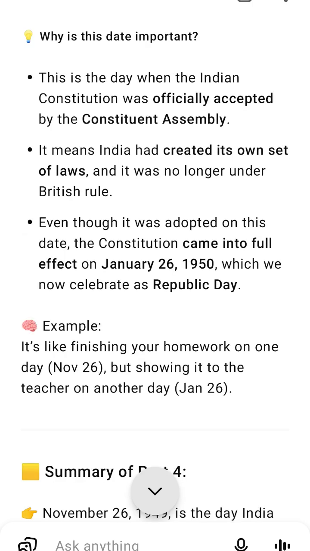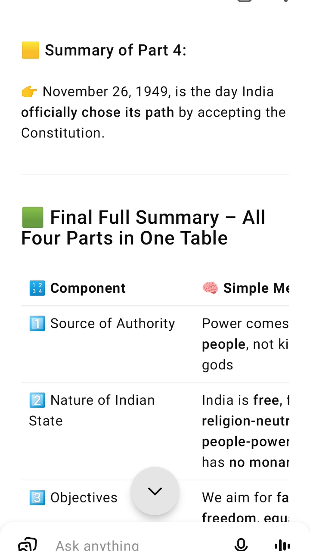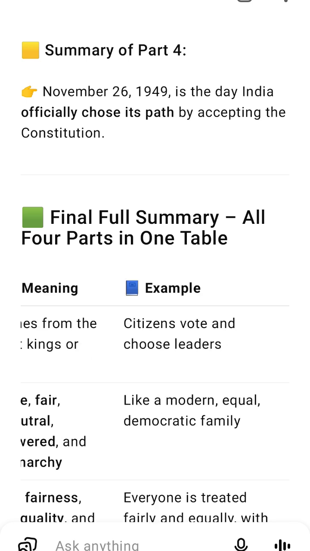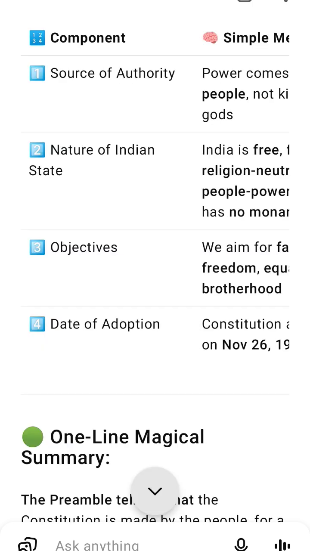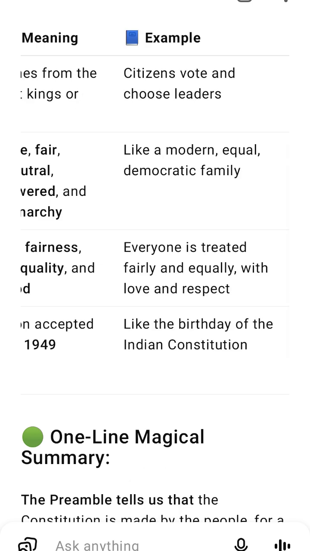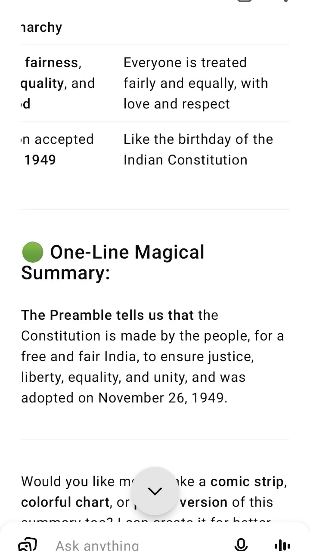Democratic. People choose their leaders by voting. Everyone has the right to vote, speak freely, and express opinions. Power comes from the people. Example, when you vote in elections, that is democracy in action. Your voice matters. Republic. The head of the country, the president, is elected, not a king or queen. There are no royal families that automatically rule India. Example, even a poor person can become president if elected. It's a system based on equality, not birth.